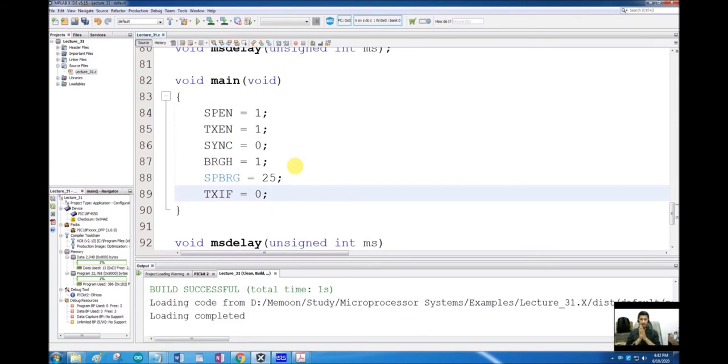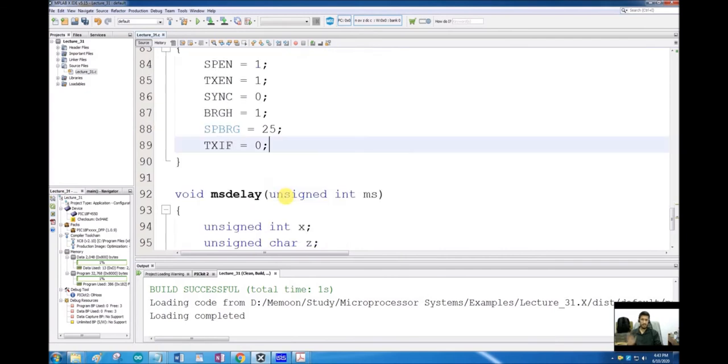So until this flag is cleared, we are not going to send the second packet of data, and we are not going to copy the second packet of data into our serial register. In this case, we set this bit to 0, then copy our data into the register from where it will be converted into serial data, and it will be transmitted serially through the serial port through that pin, and it will take some time.